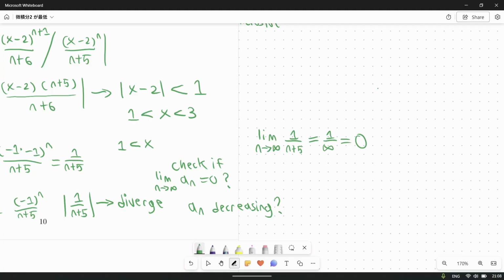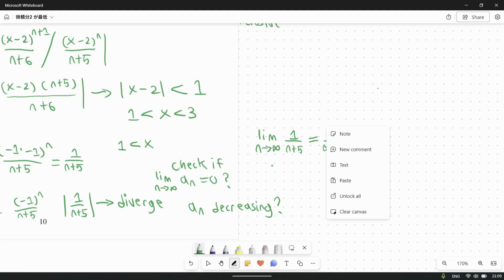And once again, you can tell right away that it is going to be a decreasing series because we have another bottom heavy fraction, because it's just 1 over n plus 5, and the 1 just stays the same. And so the denominator would continue to get bigger and bigger, and when you have a bigger denominator, then the fraction just becomes a smaller number. If you're still not convinced, you can also take the derivative of the series, and if that derivative is negative,